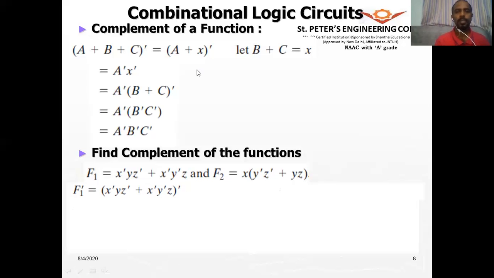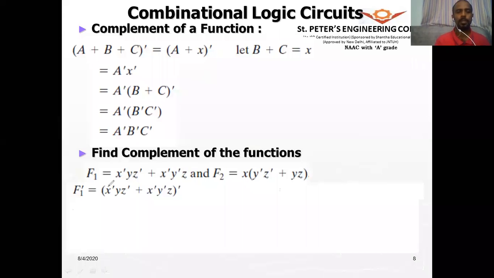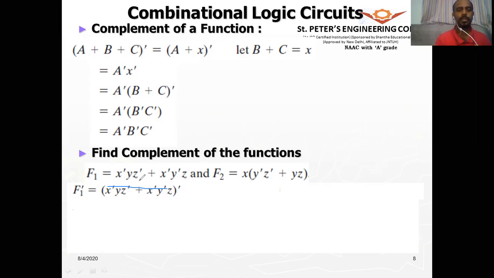Sometimes we write it as a complement, or you can write it as a bar. So when we take this complement inside, this is x bar y z bar OR x bar y bar z, with the whole under the bar. When you split this, this will be